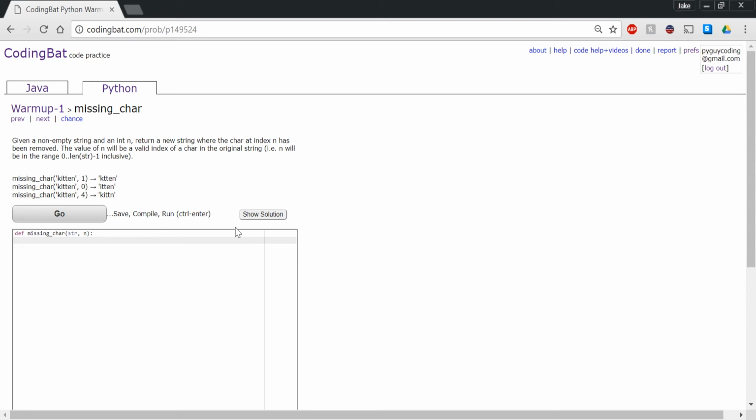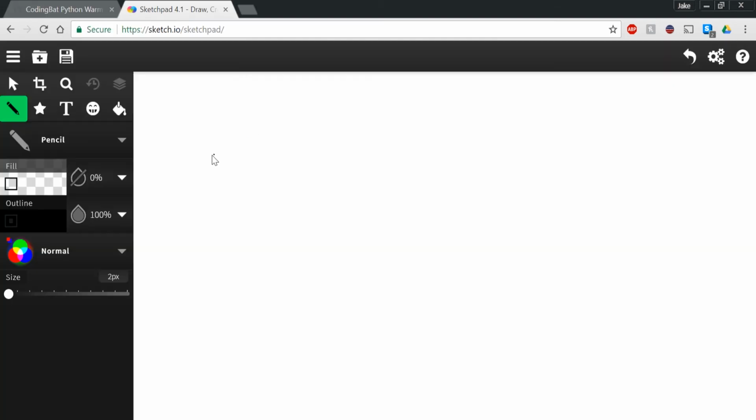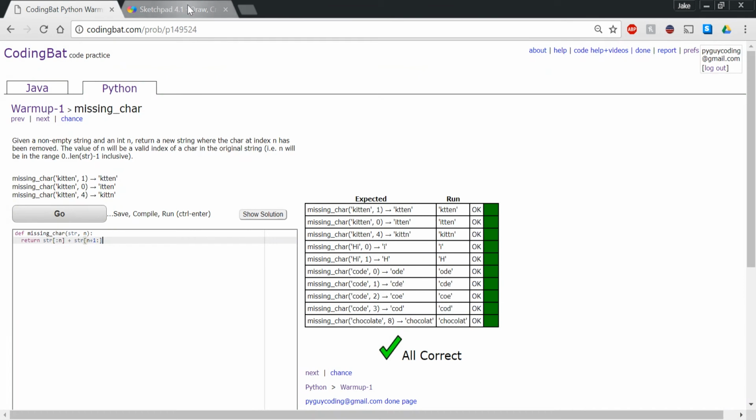Okay, so for this one, we can actually do it in one line of code, which is pretty good. So we're going to just say return string from everything up until n, and we're actually going to concatenate that with string at n plus 1 up into everything. And you'll see that this actually works. To show you how this works, I'll just pull up a whiteboard real quick. So if we have the word kitten,